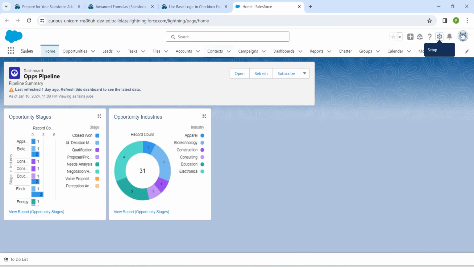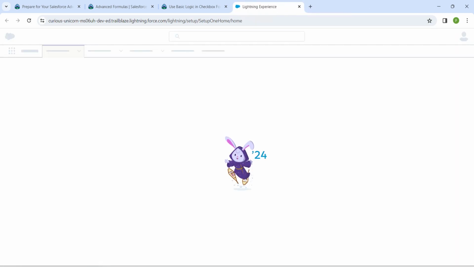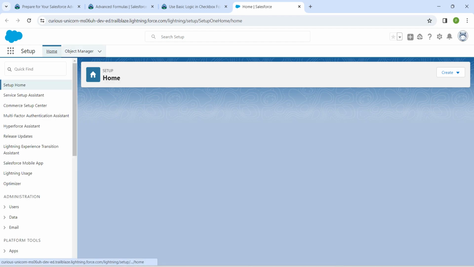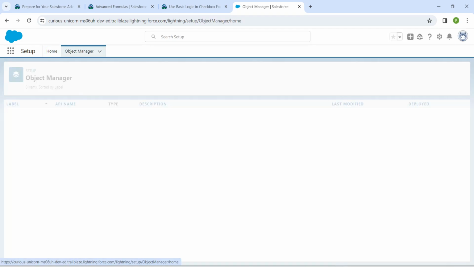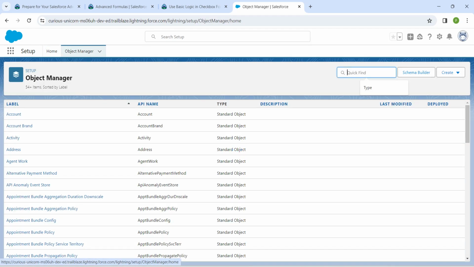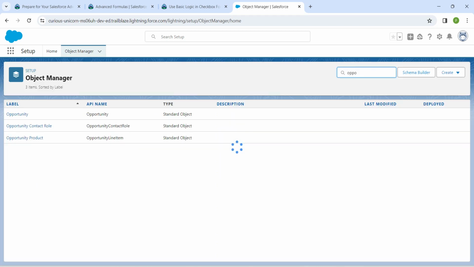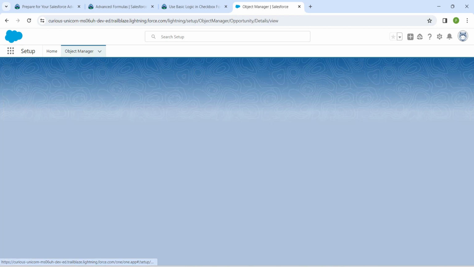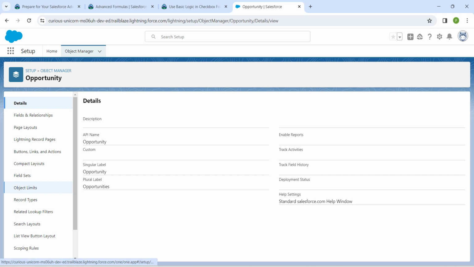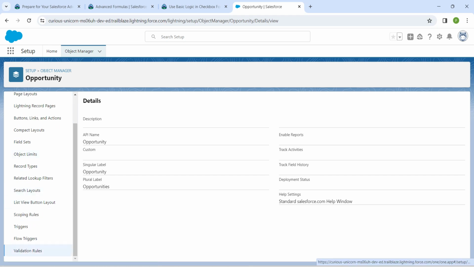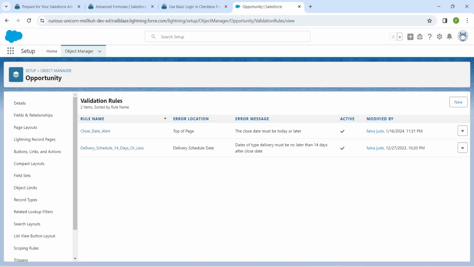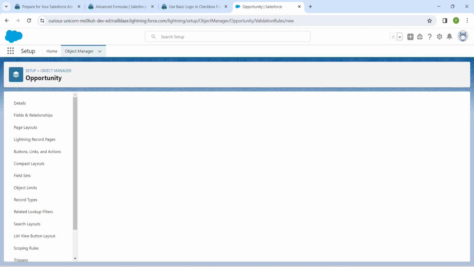Once you launch your playground, let's click on this gear icon followed by Setup. So guys, here I'm just going to Object Manager and in Quick Find search for Opportunities. Once you get the result, click on Opportunity, and if you scroll down you will find Validation Rules right over here. Click on it, followed by New,